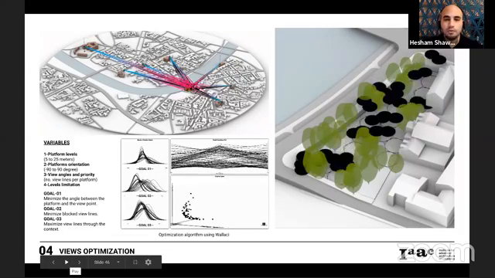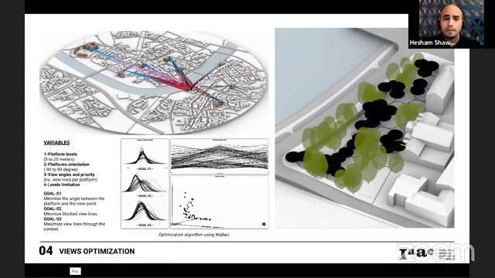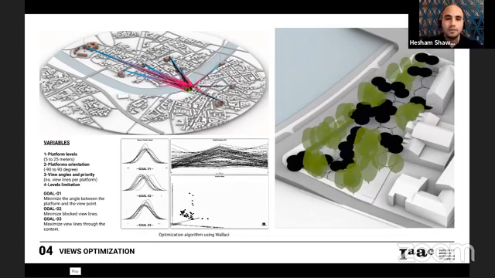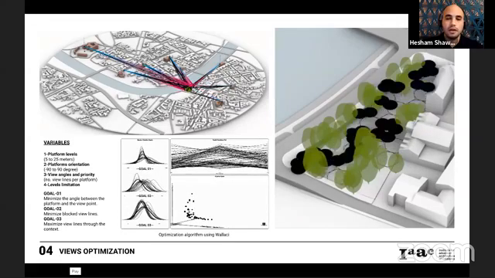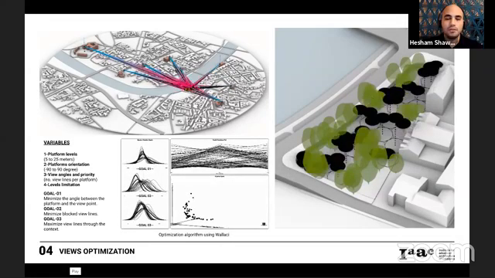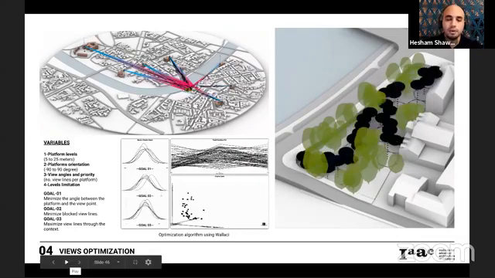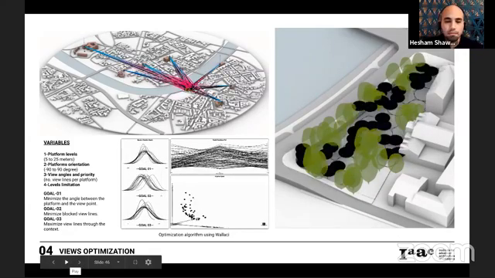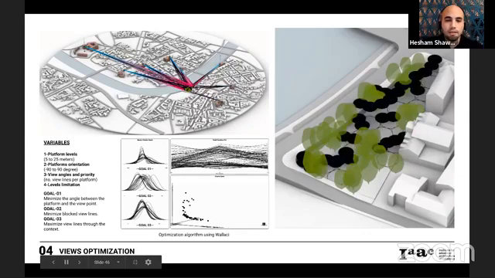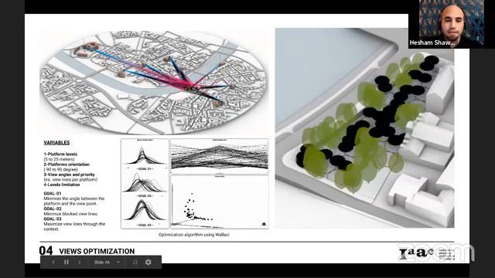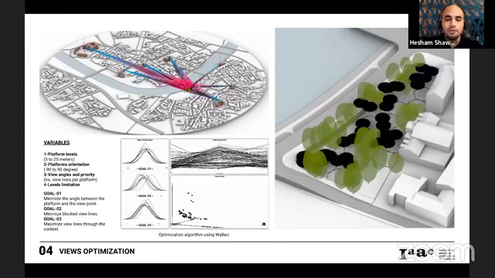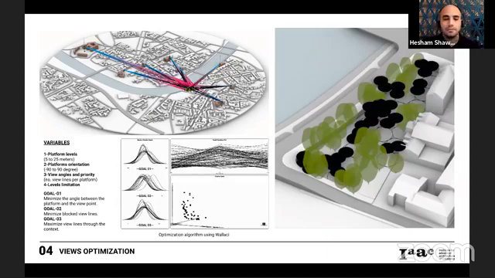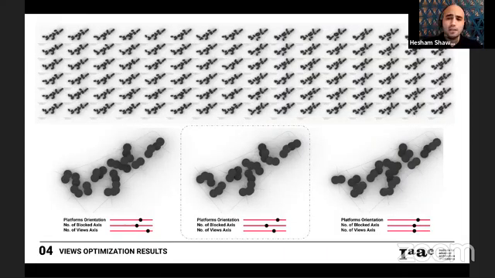First, we wanted to minimize the angle between the platforms and view nodes around the site. The second goal was to increase the view range of our site to historical nodes and to minimize the blocked view lines. And the last diagram shows the graphs coming from Wallacei, where we can see the 3 goals, and basically Wallacei is trying to shift the graphs more to the left side to have better performing solutions based on these parameters. In the next slide, we have a lot of iterations coming from the optimization process,